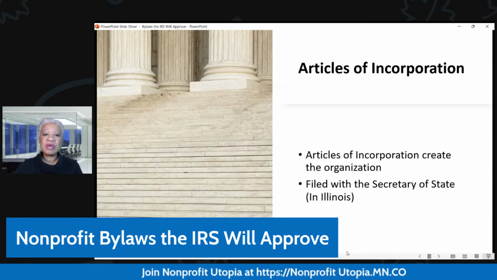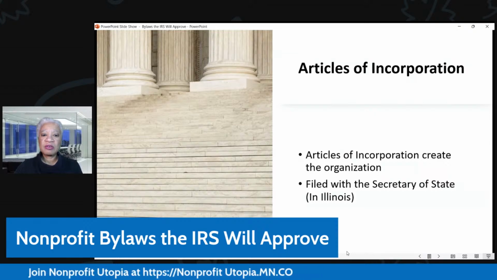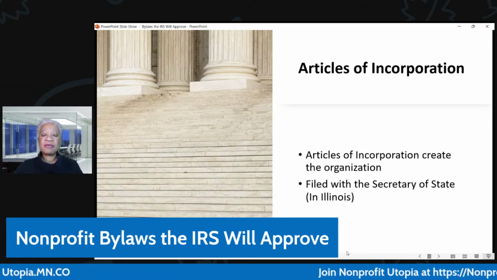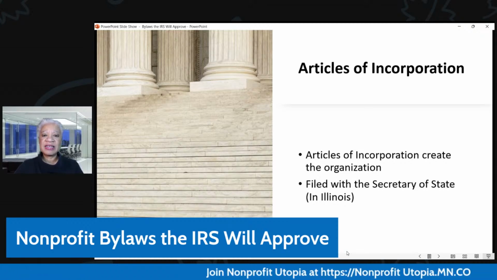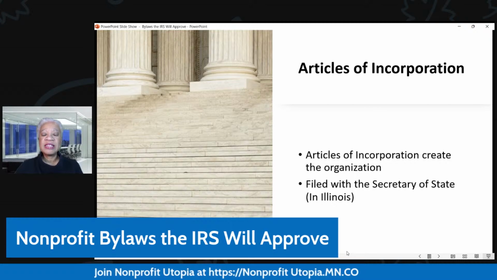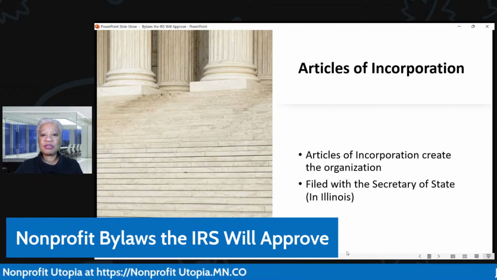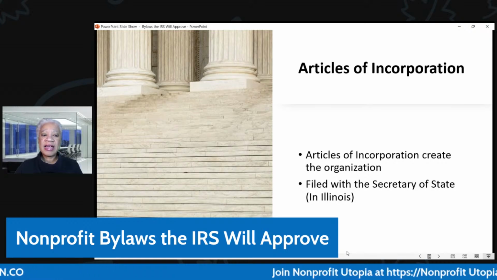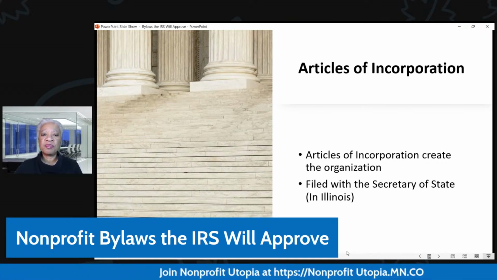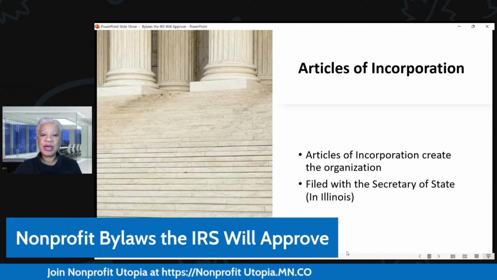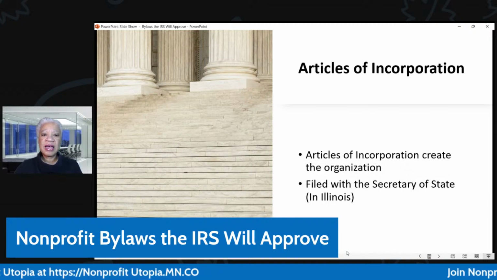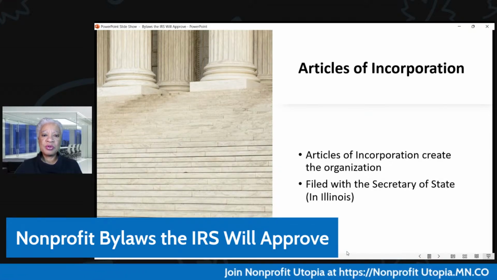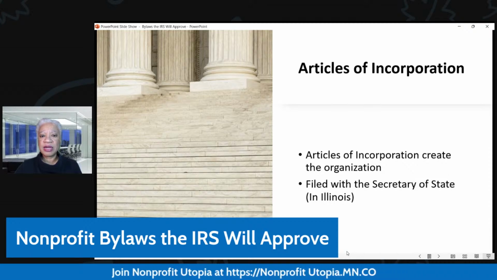That's another reason why people get their Form 1023, the tax exempt application, returned by the IRS: they did not include the proper language from the IRS in their articles of incorporation as it relates to the purpose of the organization, as it relates to how you're going to dispose of assets once you have been dissolved, and other language as it relates to no inurement to the people who actually run the organization.